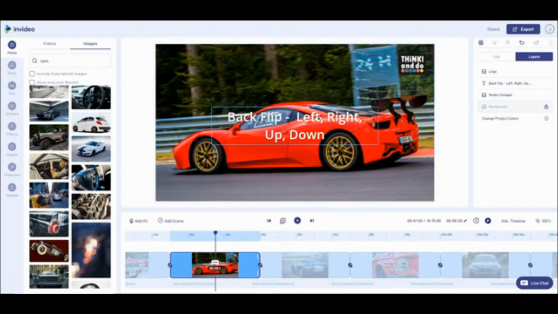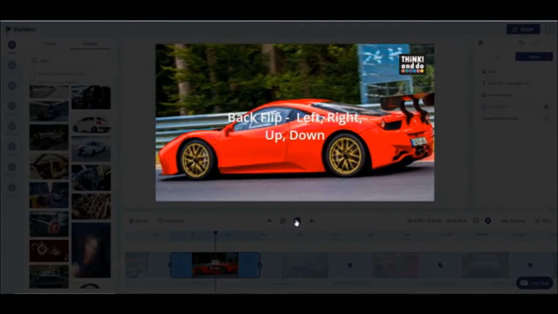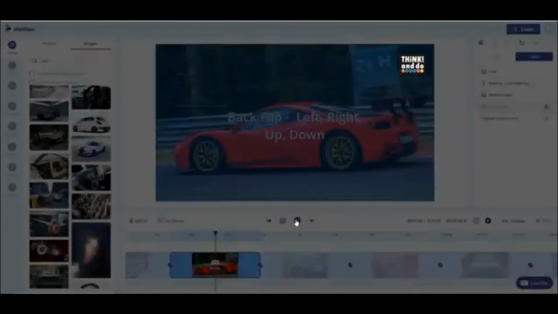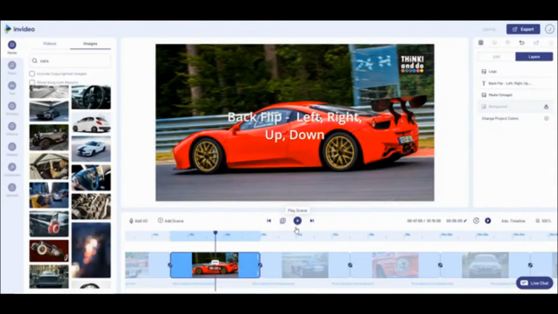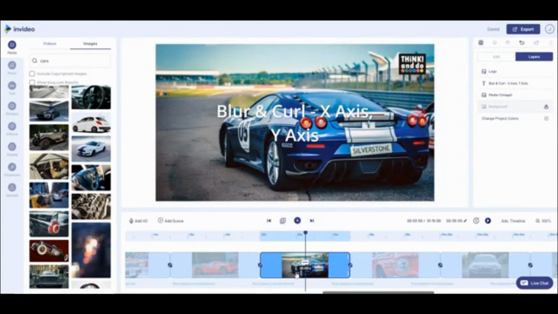This is called backflip, and again you can backflip to the left, to the right, up and down. I always think if you're going to backflip, it needs to be up and down. So when you watch this one, you'll see it is up and down. Okay, and then our next effect, there's only 15 of them, I promise you we're nearing the end, is blur